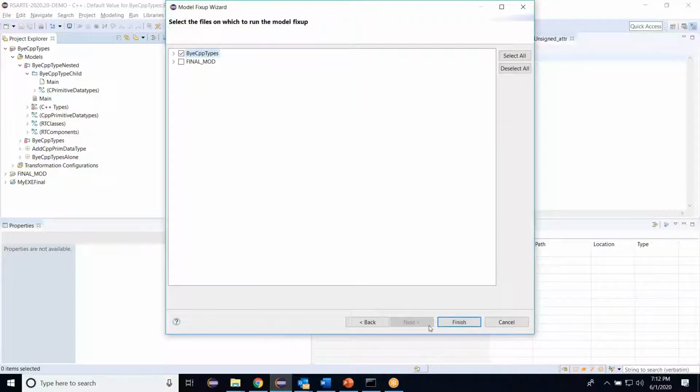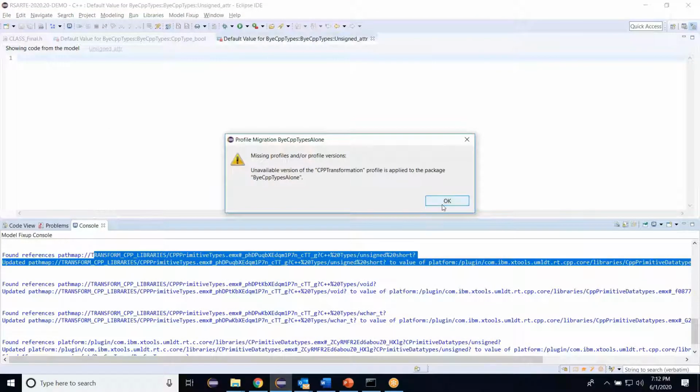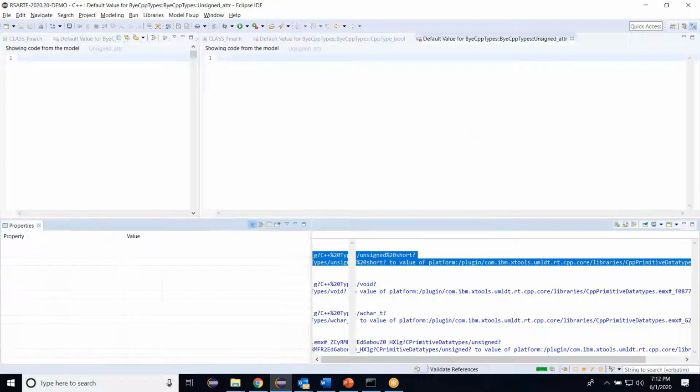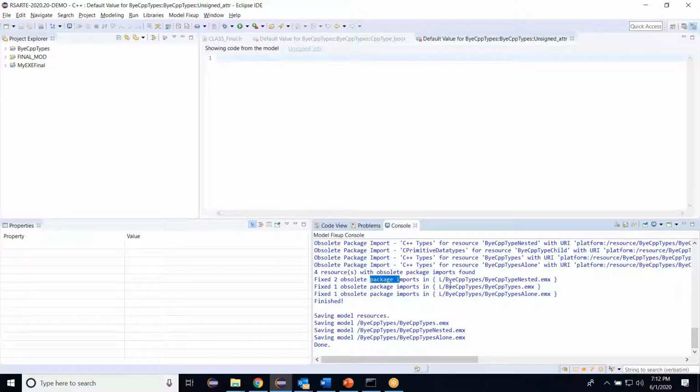Next, finish. Once I do that, it shows all the package imports that are incorrect, and it also removes them from our model and saves the model. That's what is printed in our console right now.